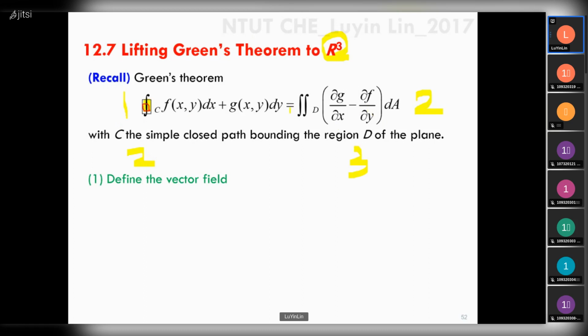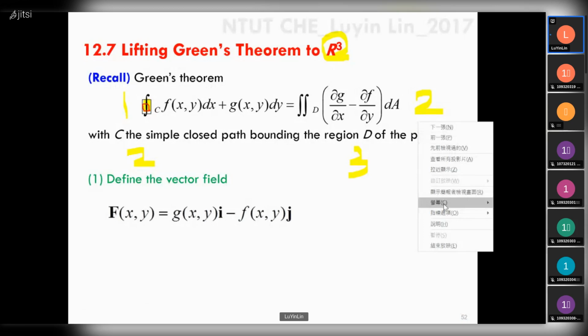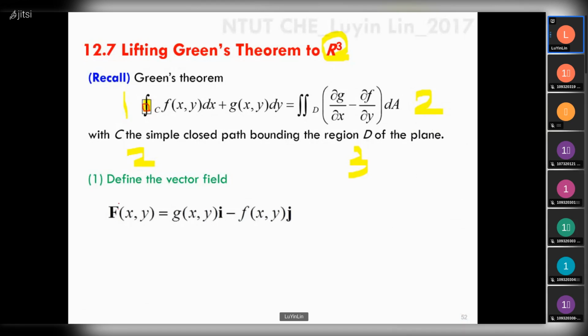So how do we get the formula? First, we define a vector field. Okay, so let F be equal to g i minus f j. Again, you can put an arrow here. Define this one. Okay, we just want to have an equation like Green's theorem. Then do this. You know this one. This one is equal to,